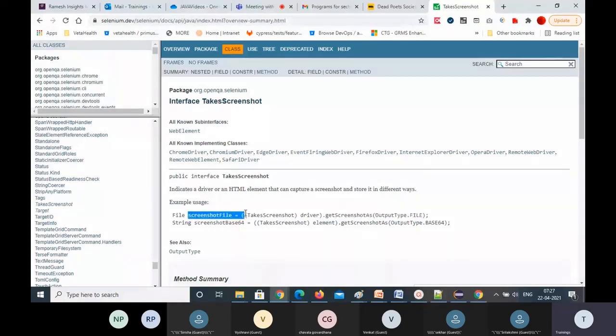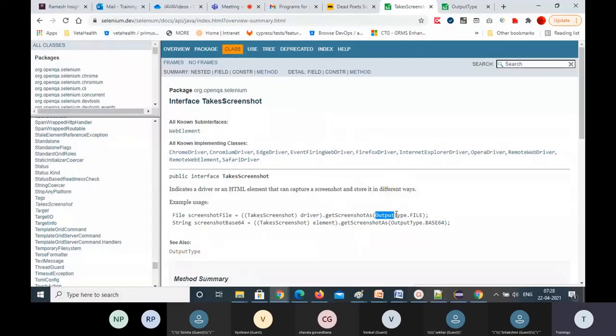So File screenshot file takes screenshot of a driver and getScreenshotAs(OutputType.FILE). So what is this OutputType? OutputType is another interface. This interface contains all the constants: FILE, BASE64, BYTES. These three constants are declared in this OutputType interface. I have shown you in Java how to call interface constants: interface name dot constant name.